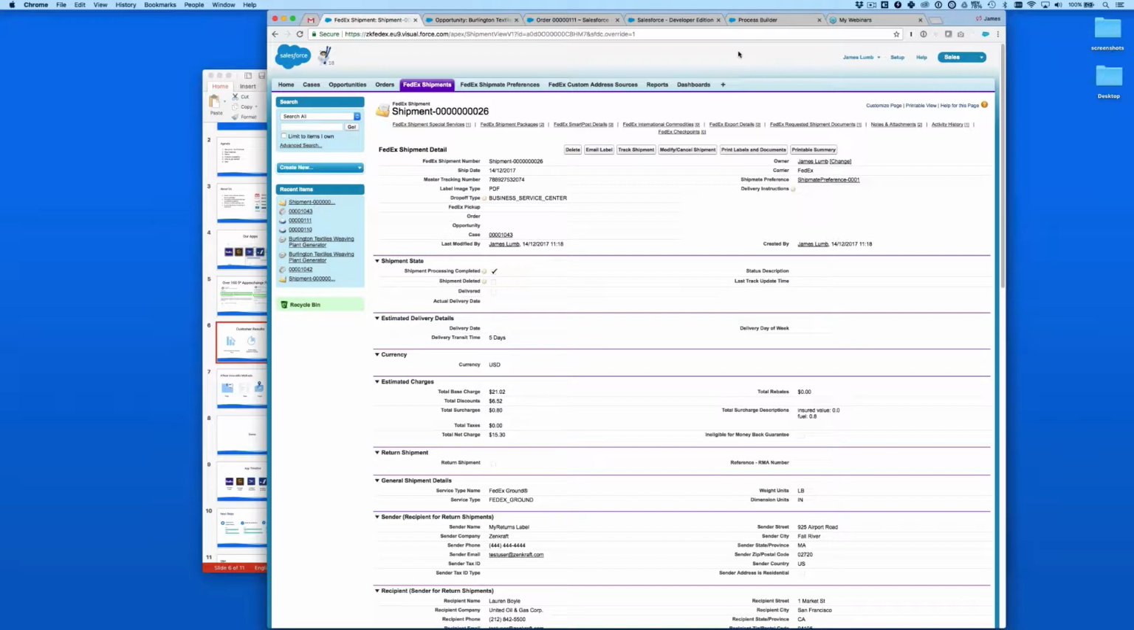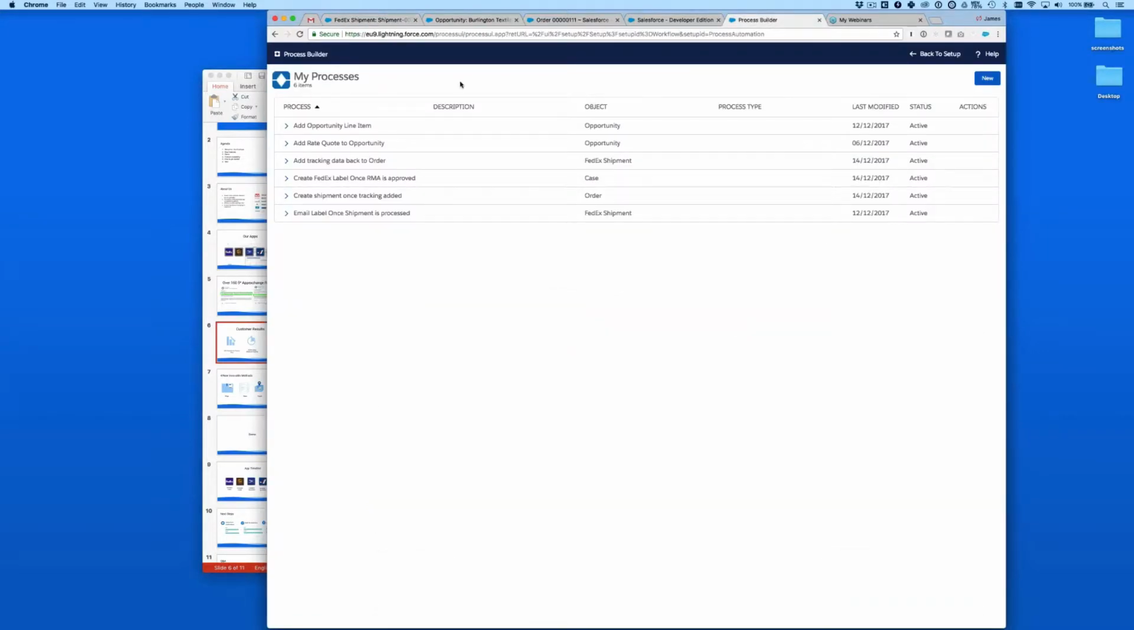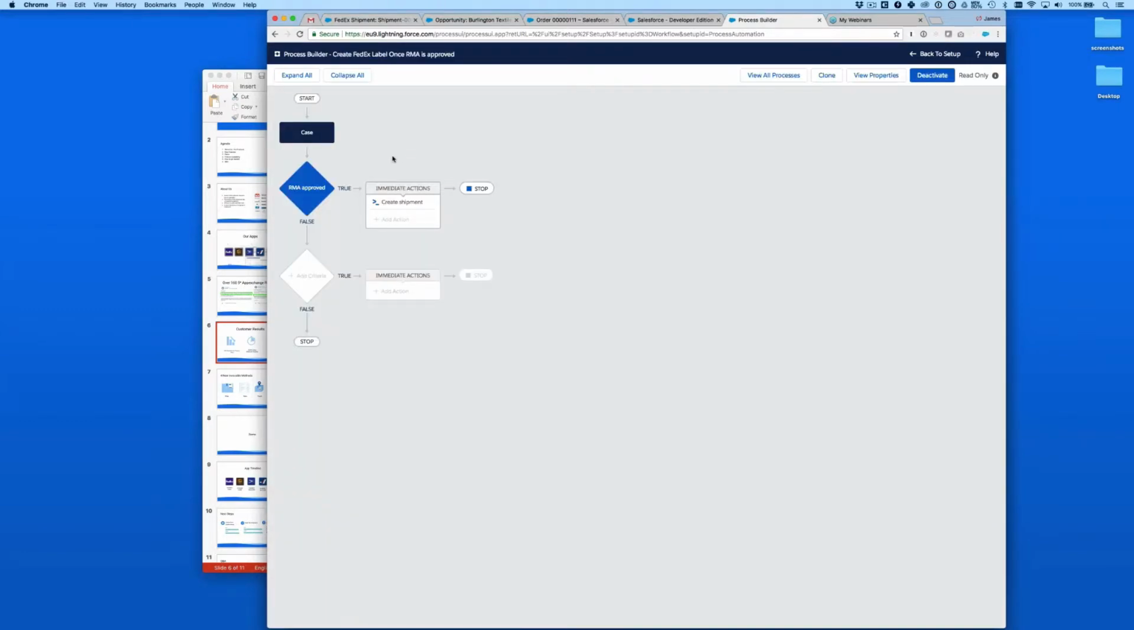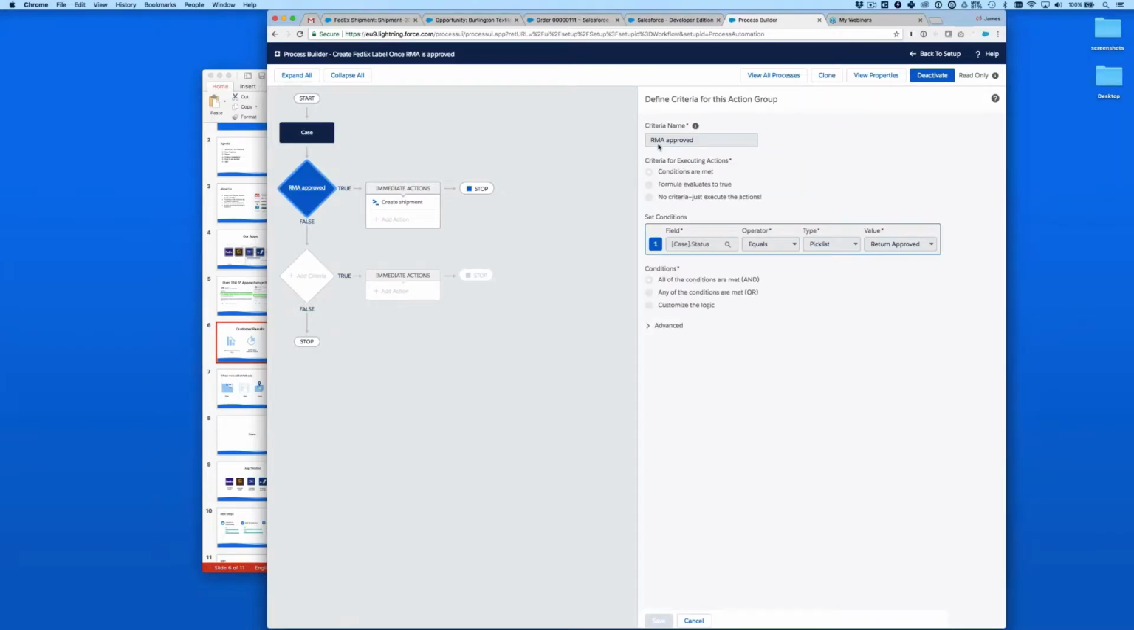So in order to set this up, I'm going to move across to Process Builder and show you how we did this. So the first thing we need to do, and this is all done using clicks, not code. There's no Apex code written to do this. The first thing we need to do is create a FedEx label once the RMA is approved. So the Process Builder is going to run off of the case object, when the record is created or edited. We basically have a criteria here that says when the case status equals return approved, it's going to run this